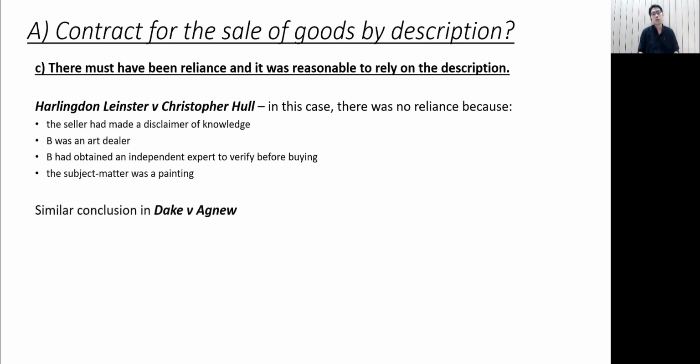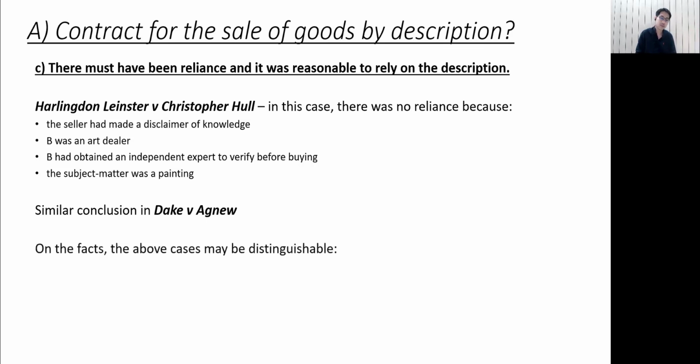And I think the answer would be yes, right? So we want to come to a conclusion that we can distinguish from Harlington, which, by the way, is a similar situation that arose in the case called Drake and Agnew. This is a typo. The case name is Drake, as in D-R-A-K-E, Drake and Agnew, right? Also considered a painting, where there was no breach as well. But you can distinguish Drake from